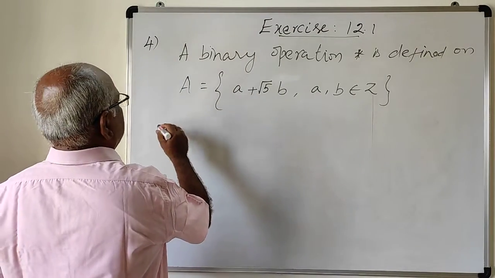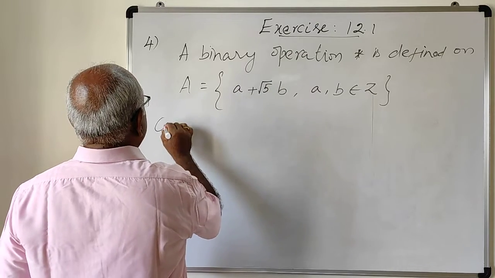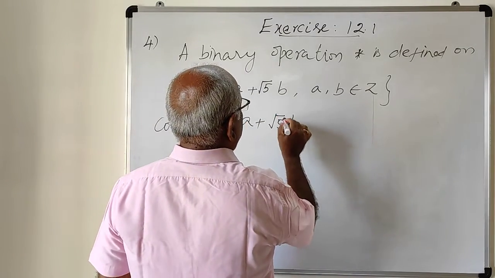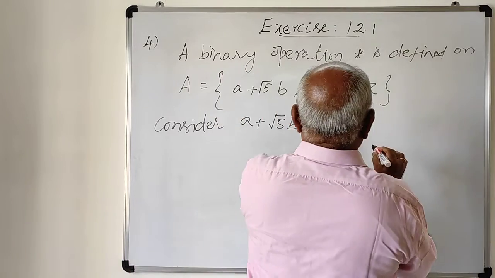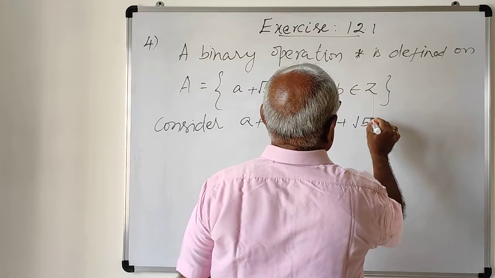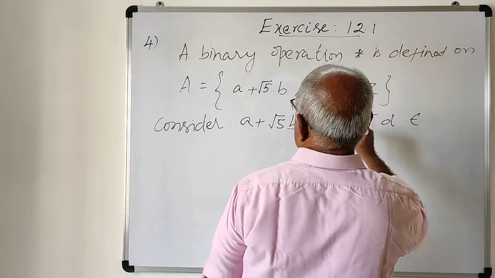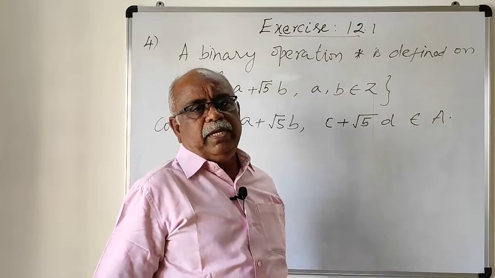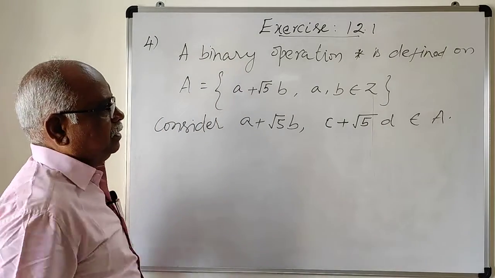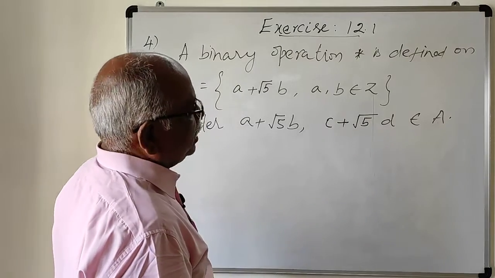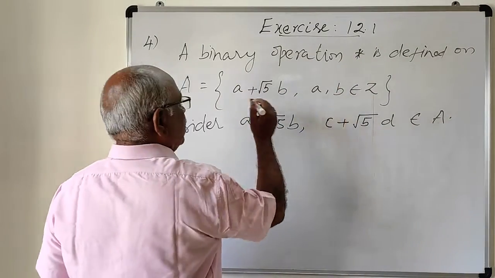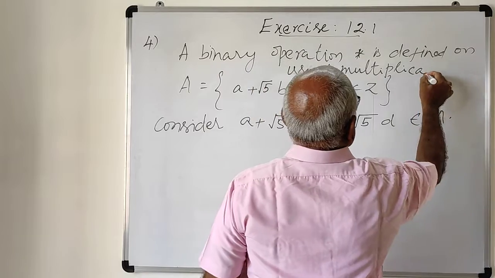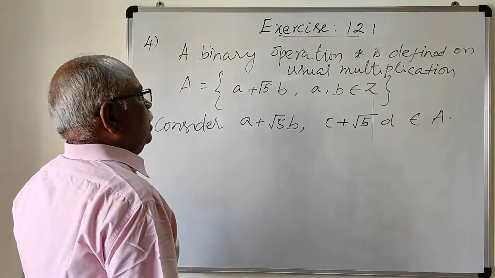Now let us consider two elements, a plus root 5 b and c plus root 5 d, in the set A. With usual multiplication, this star is called usual multiplication. That is,